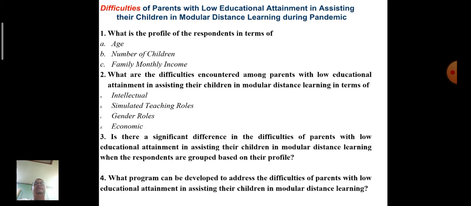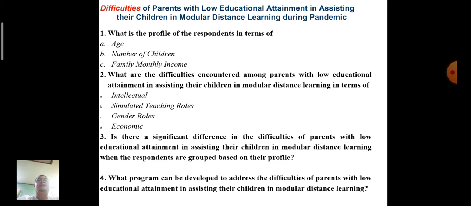Okay, let's have an example of setting objectives, research objectives, and research questions or statements of the problems, no? So the title in this example is difficulties of parents with low educational attainment in assisting their children in modular distance learning during pandemic. So what is the profile of the respondents in terms of? We thought that we need to have these demographic traits, or profile, because they are appropriate for the research topic or theme. No, it's about age, number of children,